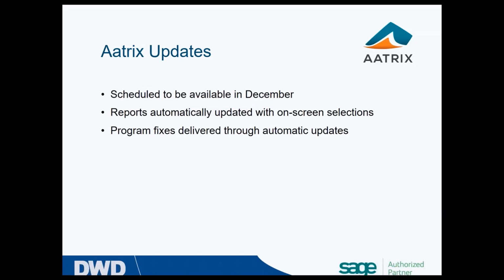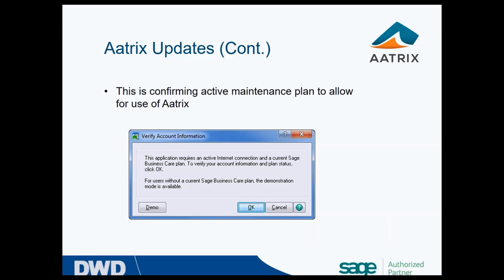Don't be surprised by that, and I'm going to walk us through a little bit later on what we might expect to see when we get those downloads. So when you get prompted for those, don't ignore them. It is important that we keep everything up to date as possible. And when we go in to actually download the Atrix updates, you will get a confirmation screen to confirm that your maintenance plan is current. And if it is not, then you will not be able to print live forms.